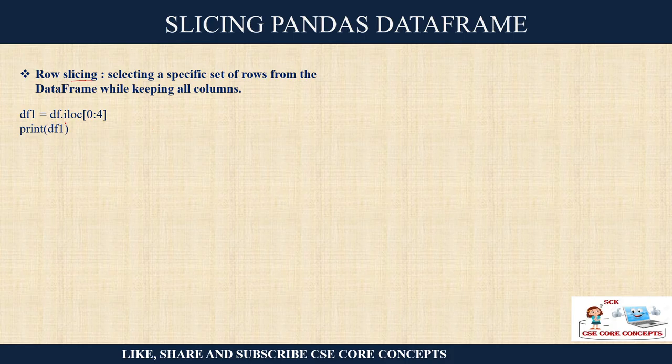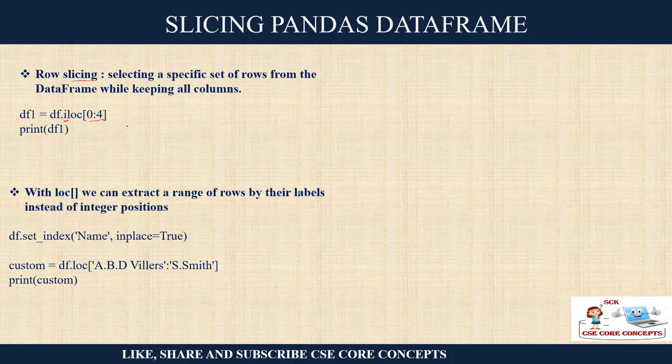One is index based, when you know the indexes and you want to see the first 4 rows or the last 4 rows. But otherwise you can also perform slicing based on the labels, using the label names. So if you are using index-based positions, you will use the iloc method, whereas if you are working simply based on your labels, you can use the loc method, right? So this is what it is.